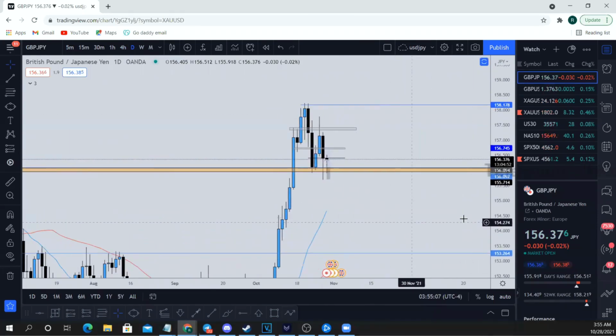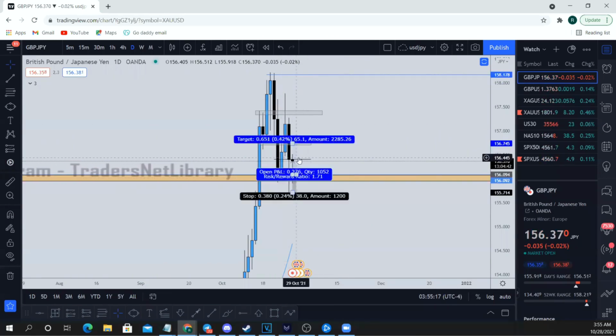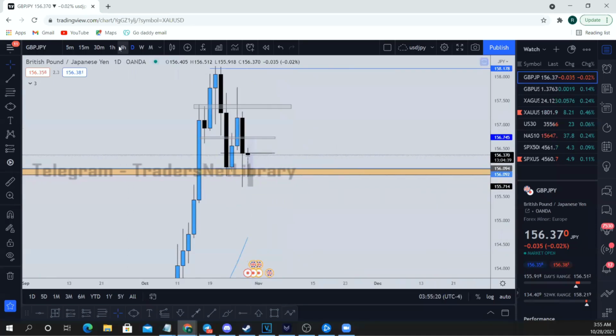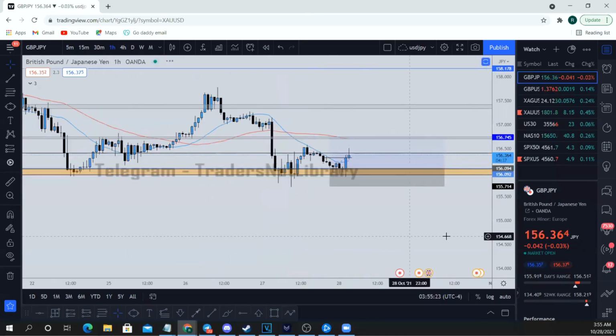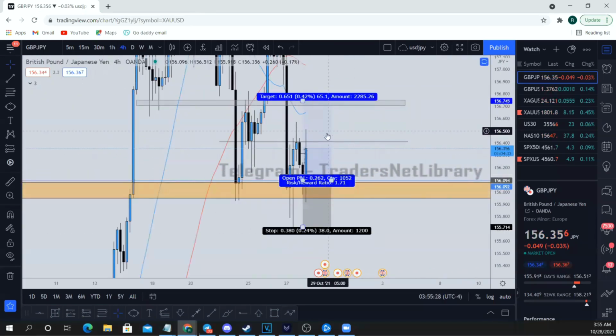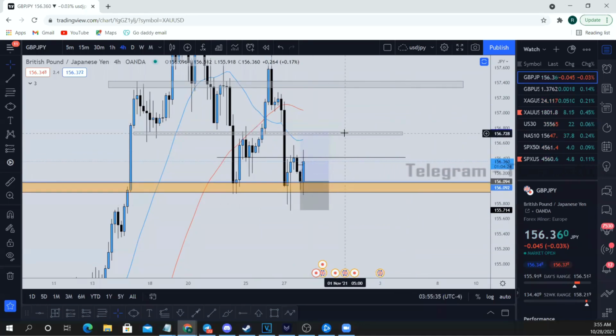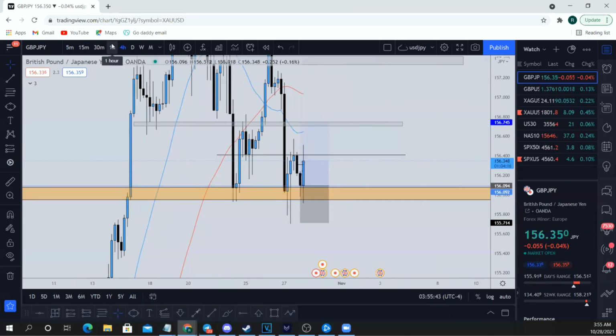Now, if you go on the daily time frame, we had an initial rejection here. Price came up, almost hit the initial highs on the daily time frame, and came right back down, retested, closed above, came down again, retested where we took some entries, formed this nice double bottom. What I'm waiting for now is to see if the 4-hour time frame can close above this high here at 156,400, then I'll continue to hold my position, and then I'll have to wait and see what happens at 156,728. Worst case scenario, I make money on this trade because it's already at a point where I'm in profit,